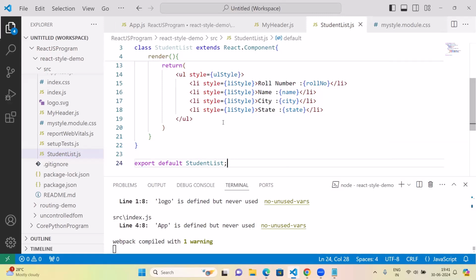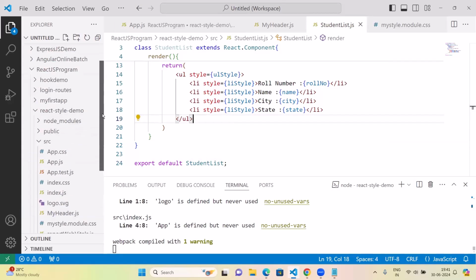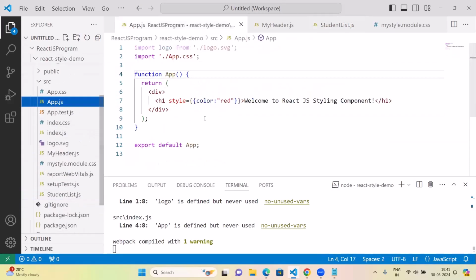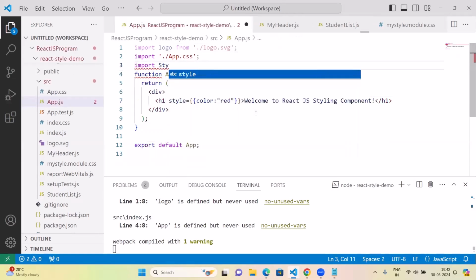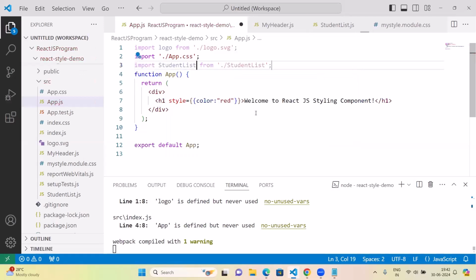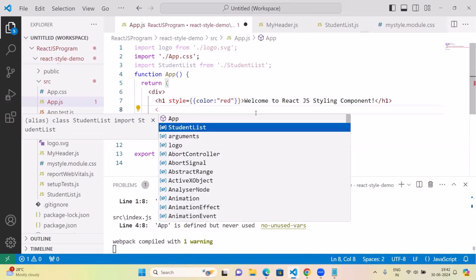Okay, and here inside the return statement, before that I have to import StudentList, and then here I need to call the StudentList component,